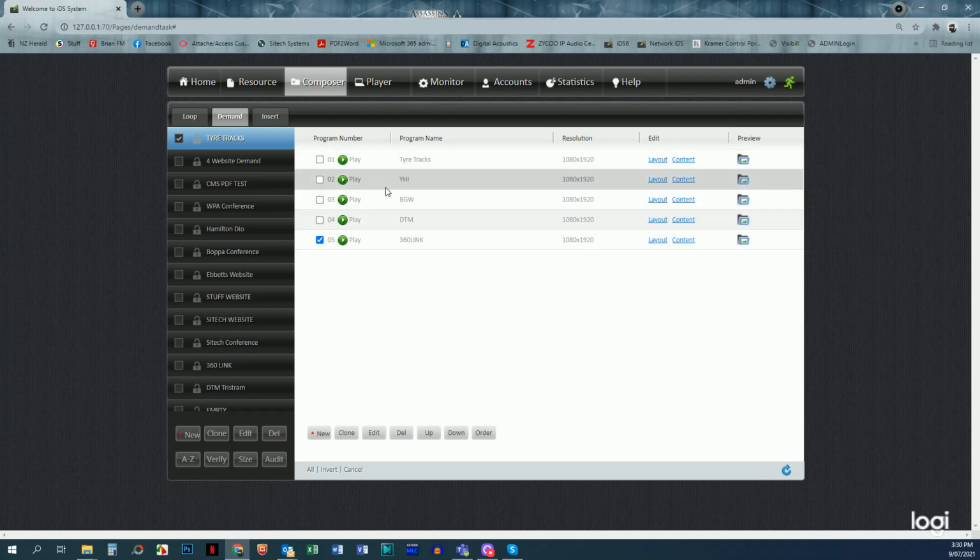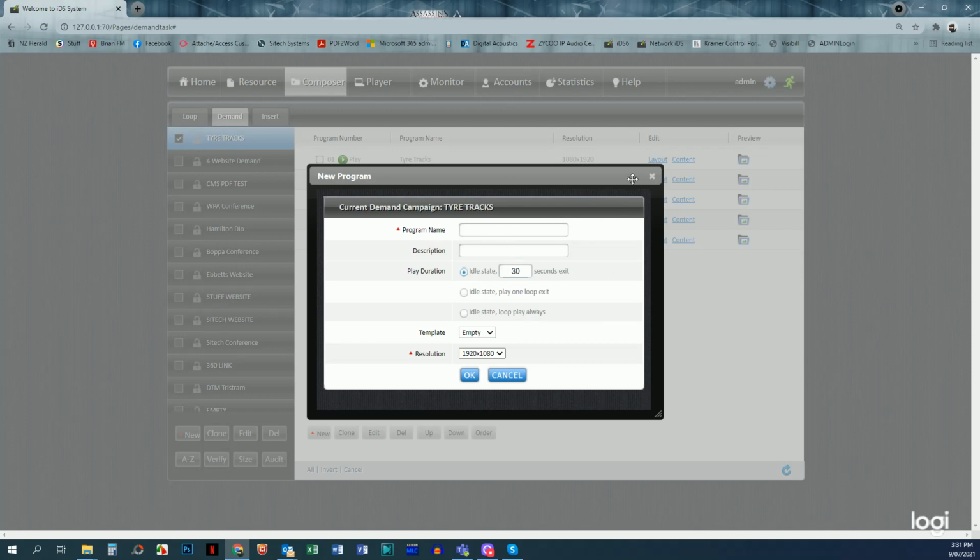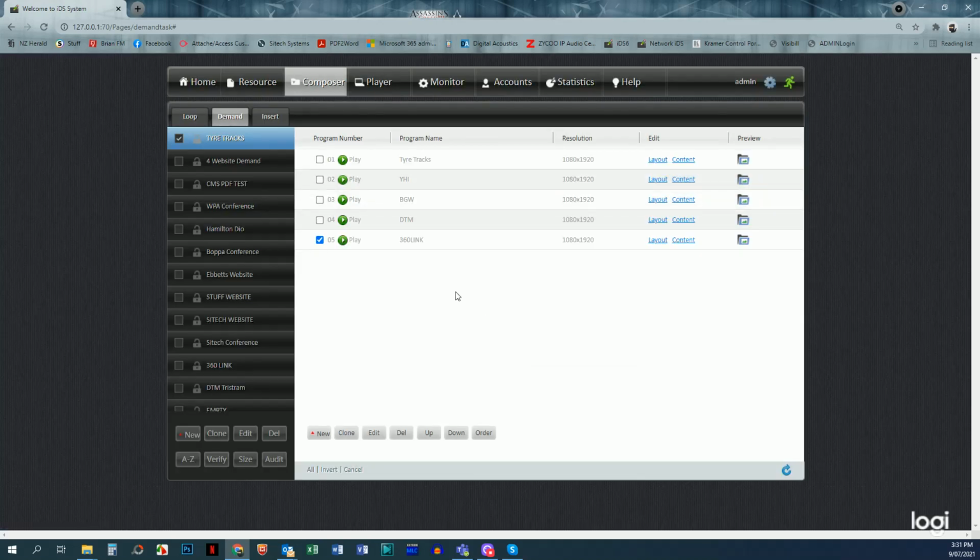So any of these 4 programs here, and including the Tire Tracks one, if it's been interacted with for any reason, it will then exit out and go back to the original state of that program. So that's the first page of the website. So if you've been interacting with page 2, page 3, page 4, it will after that 5 minutes go back to the original first page so that you can start again. Now you could have, for argument's sake,